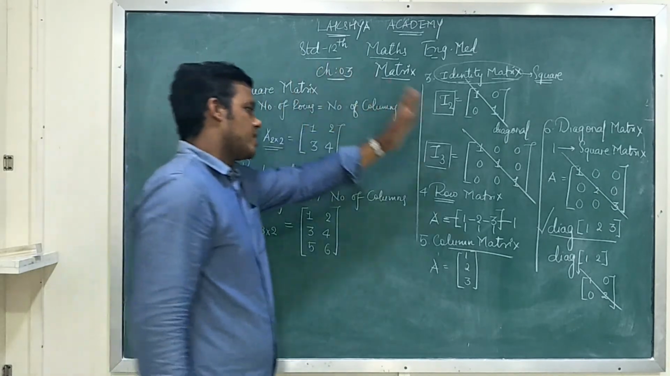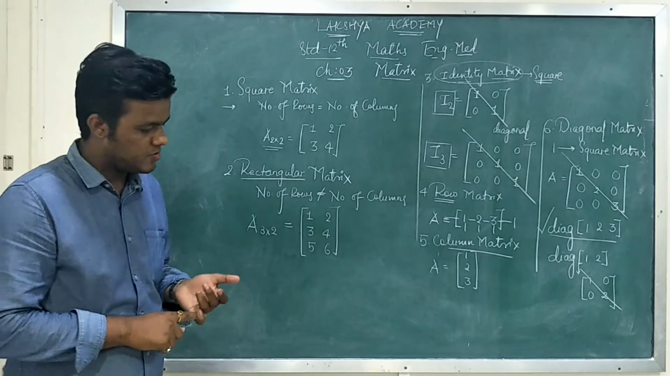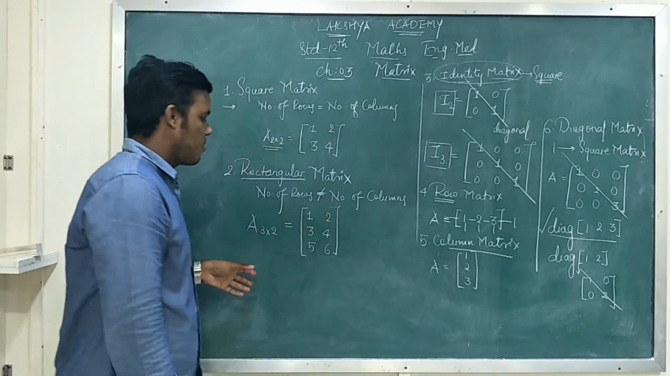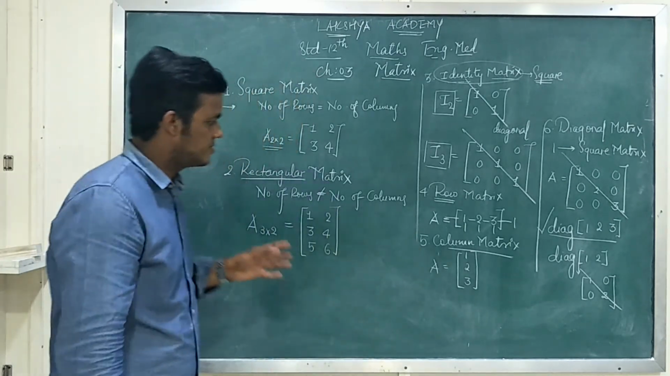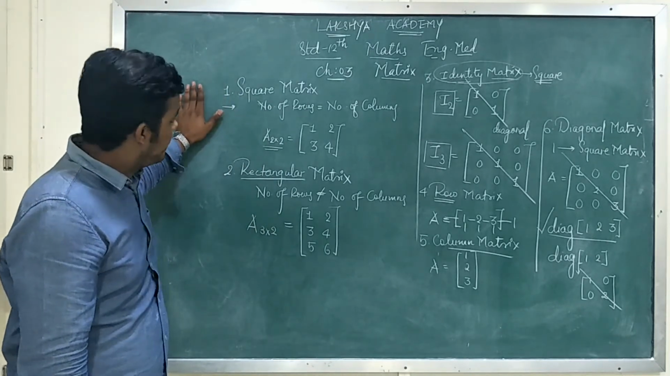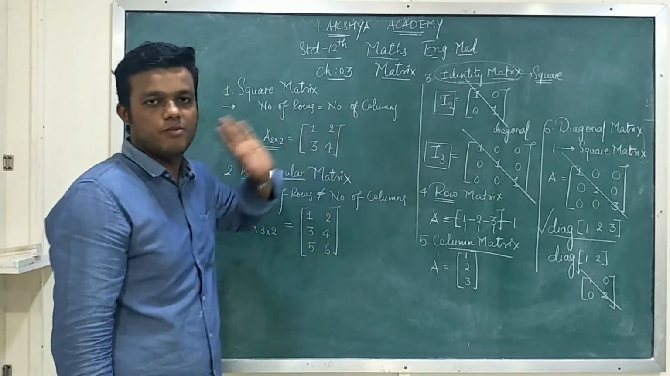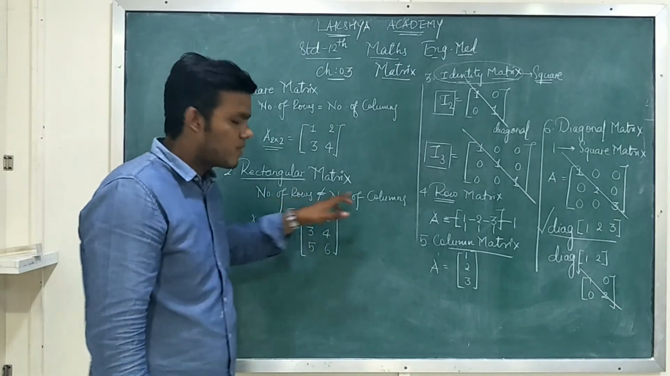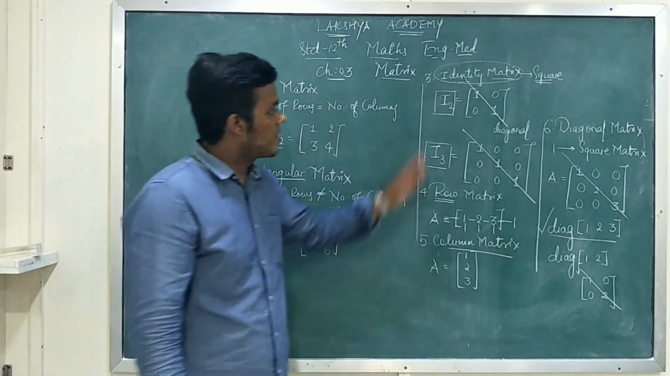Now revising quickly, we started with matrix, which is an arrangement in square or rectangular format. We talked about the size, which is the number of rows into number of columns. Then we moved to the types of matrices. First one is square matrix, in which the number of rows equals the number of columns. Then rectangular, the number of rows does not equal the number of columns. Then identity matrix, which is having one